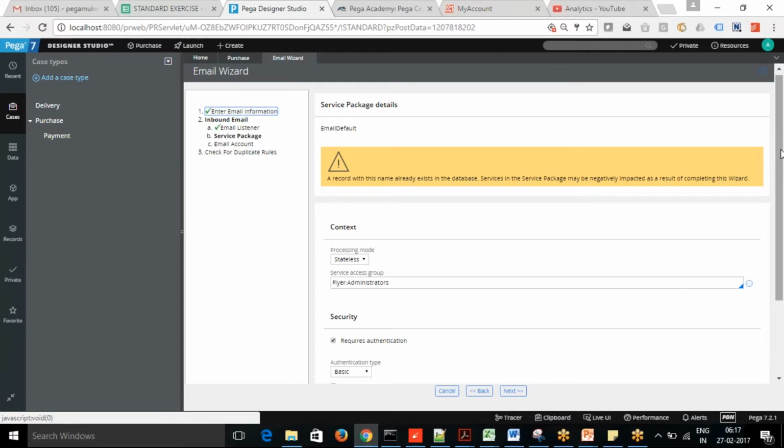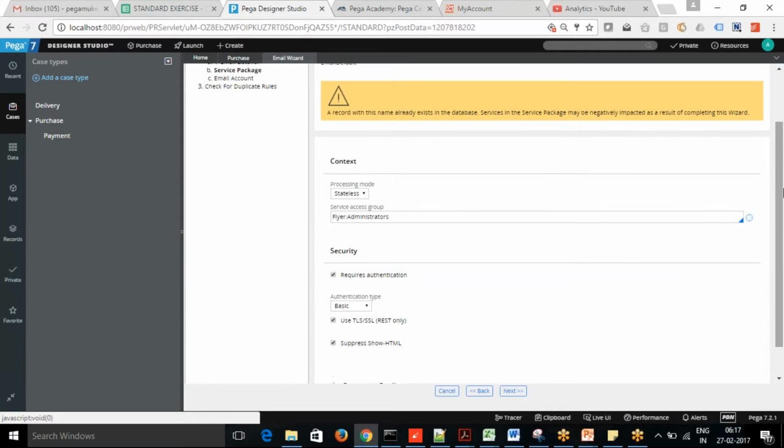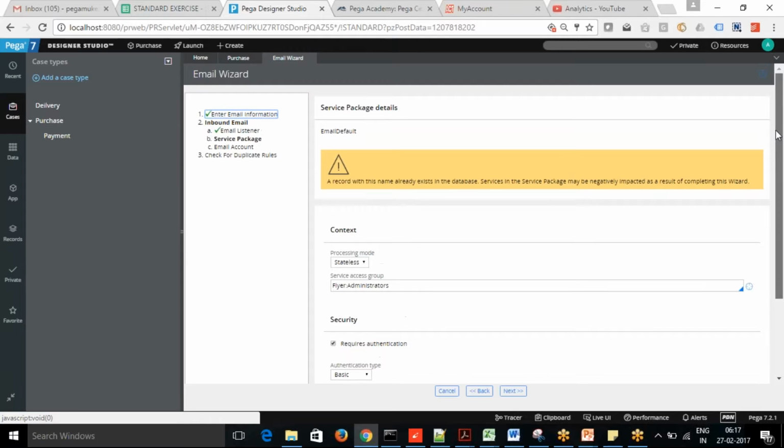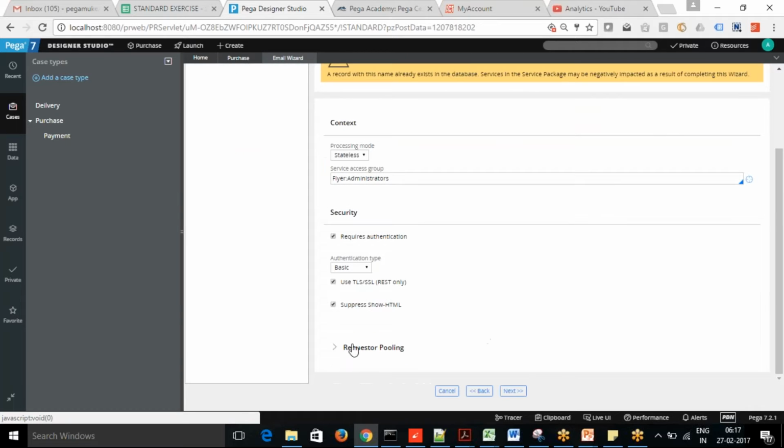So this is the service package which is going to be created. This is actually going to create the email default, with the same name. So just click next.